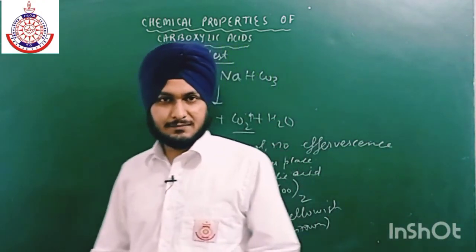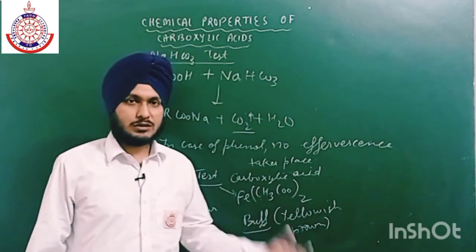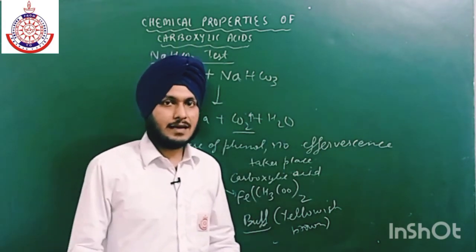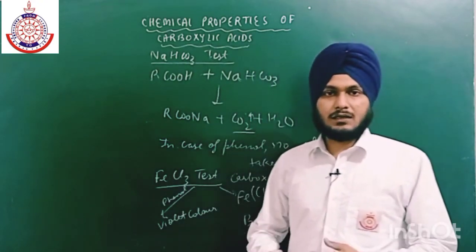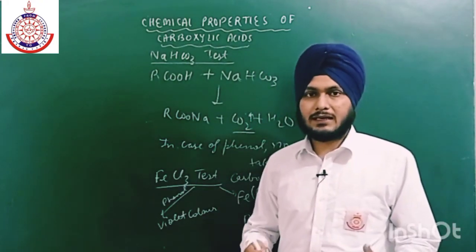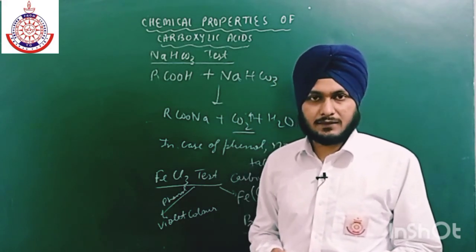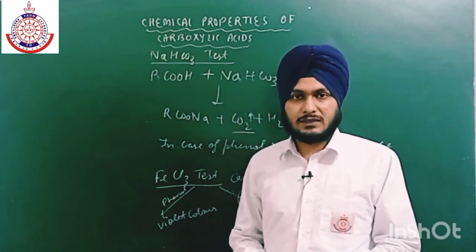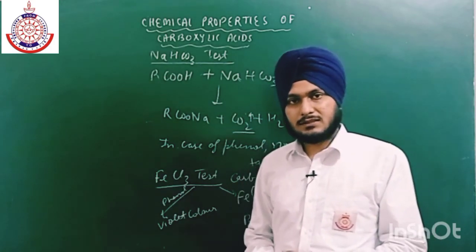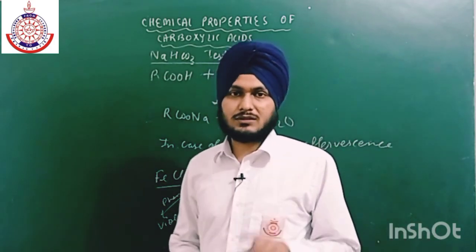So these are some main reactions of carboxylic acid, some major chemical properties. And we all know that formic acid shows anomalous behavior. It can easily reduce Tollens' reagent as well as Fehling's reagent. So I think this much is quite enough for this carboxylic acid part,